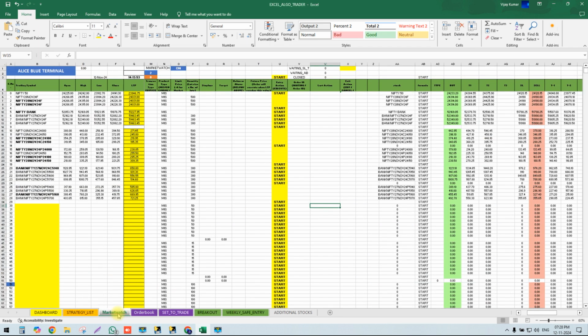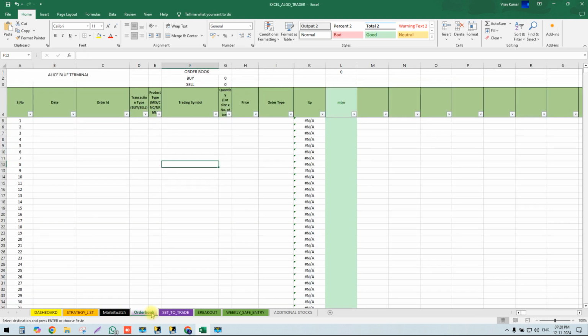And just come back to market watch. Here you can see market watch. You have to go to the start button, copy, and from here just paste it. Control V. Okay guys, next, this is the order book. This is where our orders get fired or executed automatically. You can see our orders getting executed, and you can see your profit and loss here, MTM, which order type you are doing, the order ID, trading symbol, whatever is there, everything will be recorded here automatically.